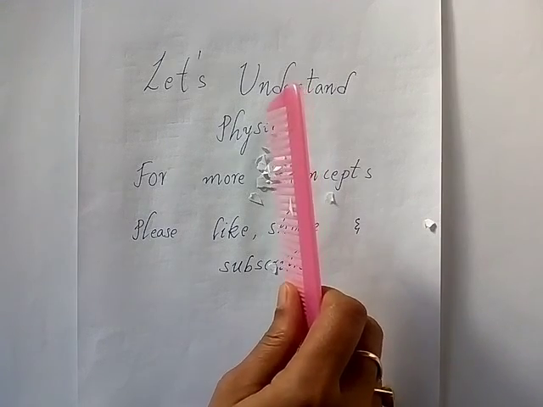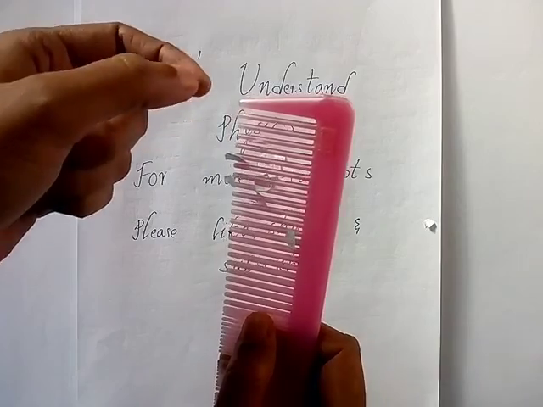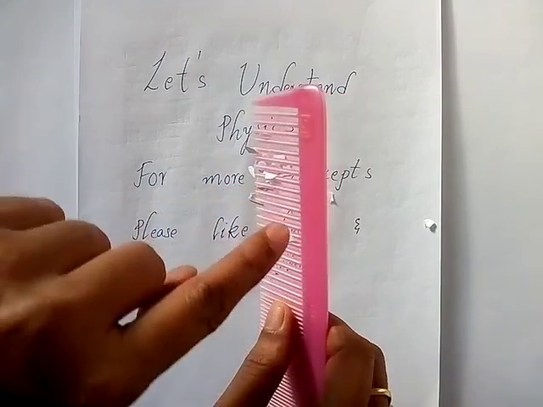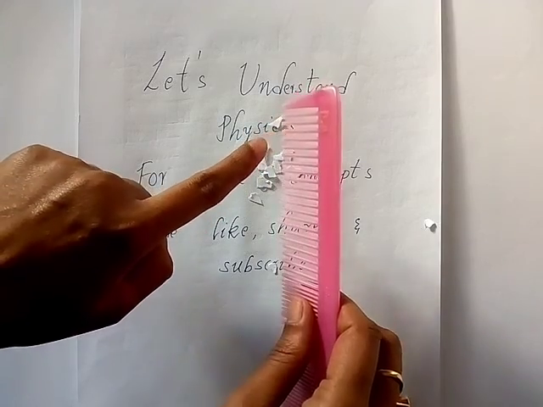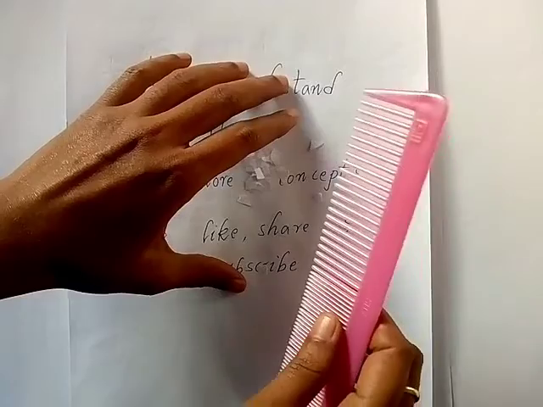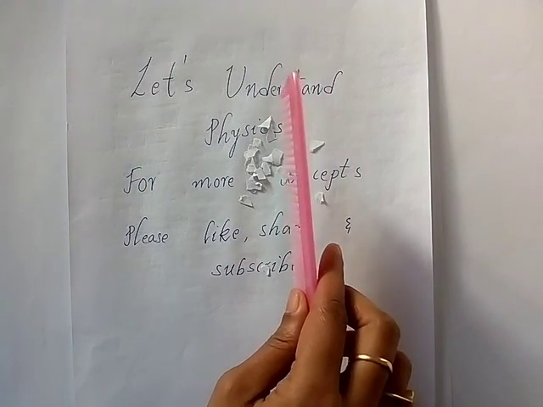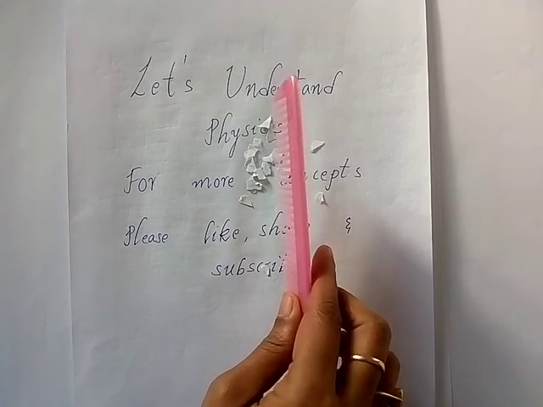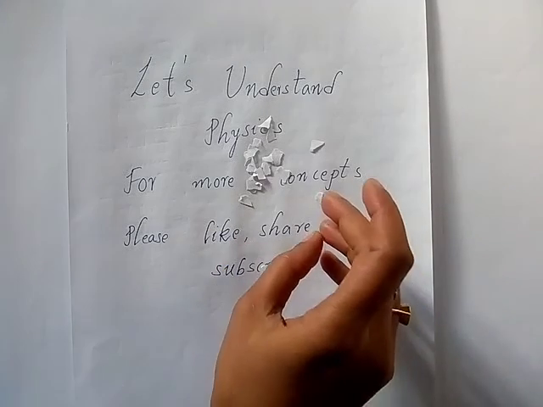Have you observed that the small pieces of paper have been attracted towards it? They are still on the comb. Initially, why had these papers not been attracted to the comb, and now why have they been attracted? This is because of the charge. See, again now they are not attracting. You can do this with a straw and paper also.